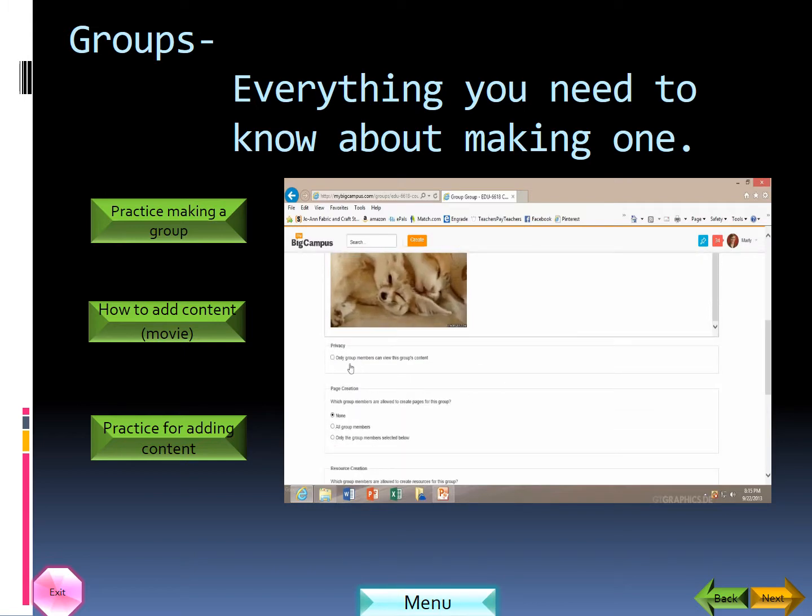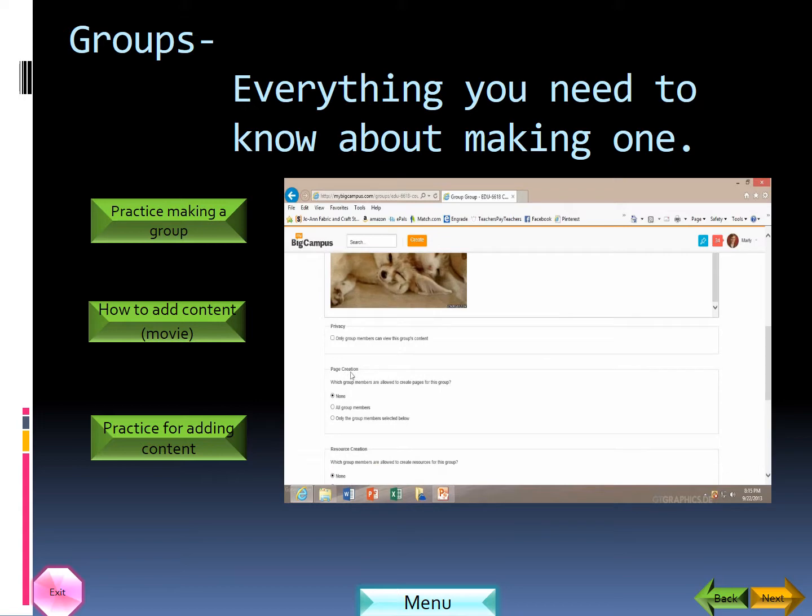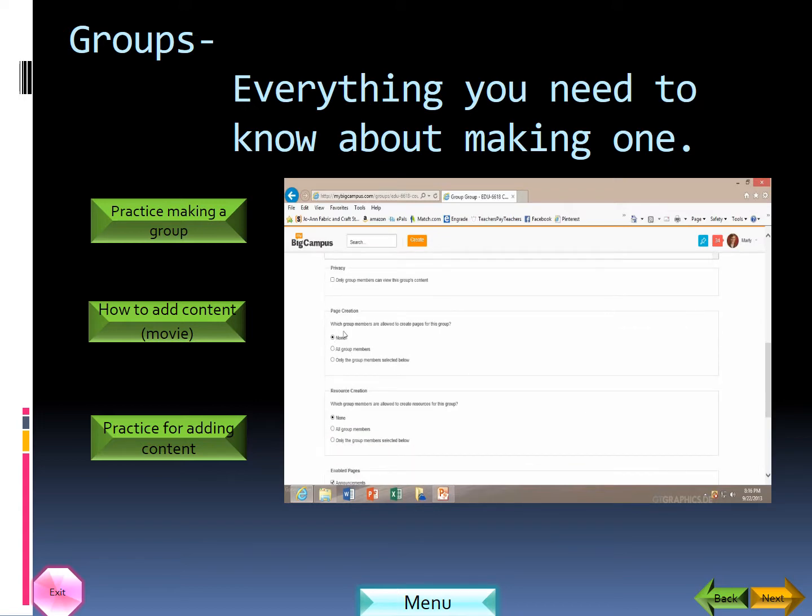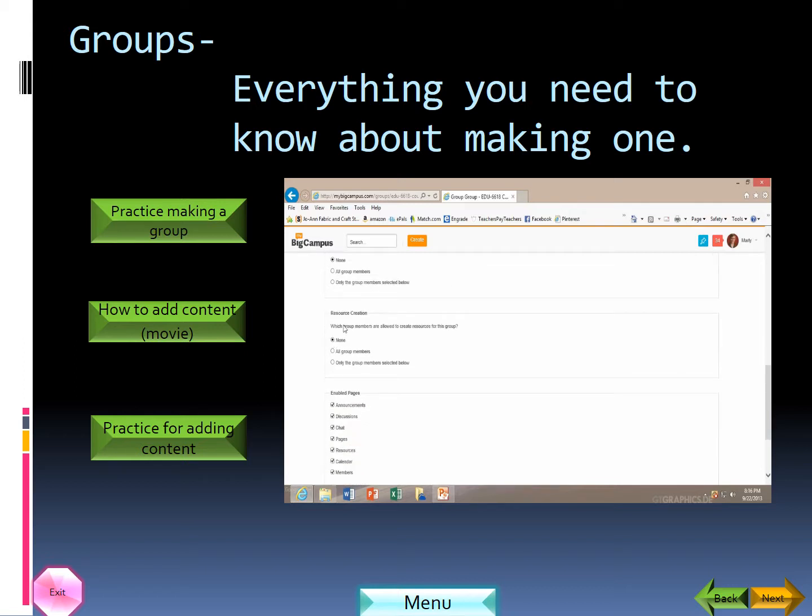if you want it to be private, click Only Group Members Can View This Content. If you don't, leave it open. I would suggest that you allow no one but you to create pages on this group. And resources, I would suggest that you allow all members if they're older than, say, 5th grade. If you're teaching 5th grade and under, do not allow them to make